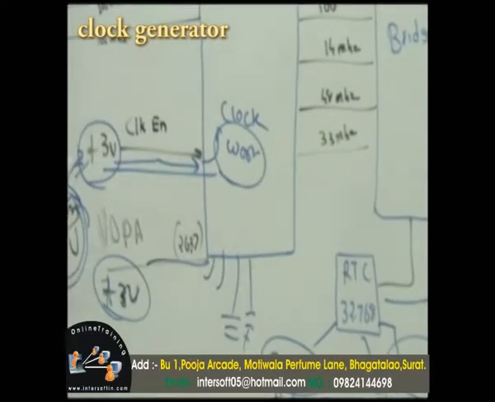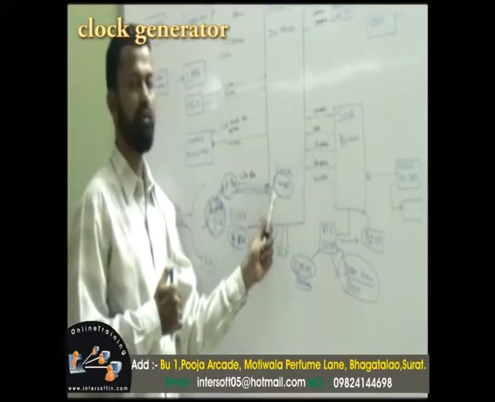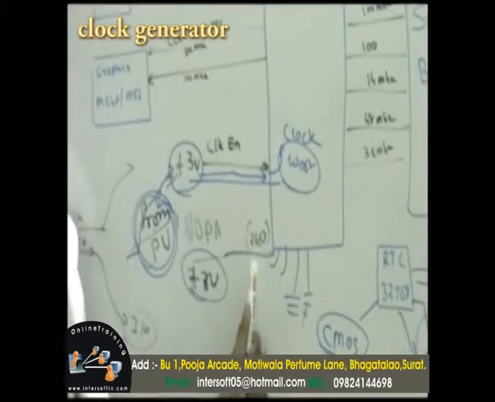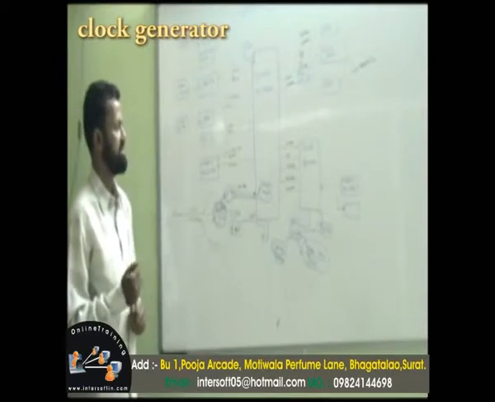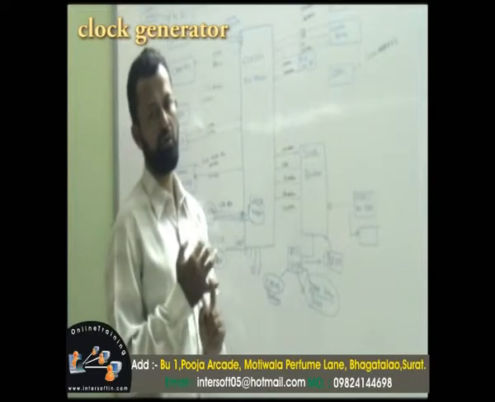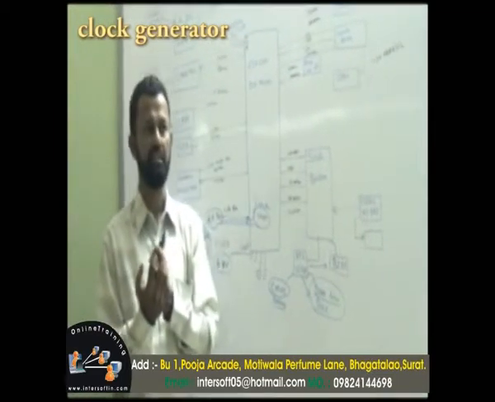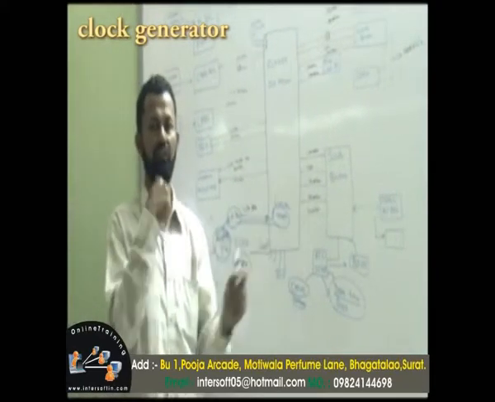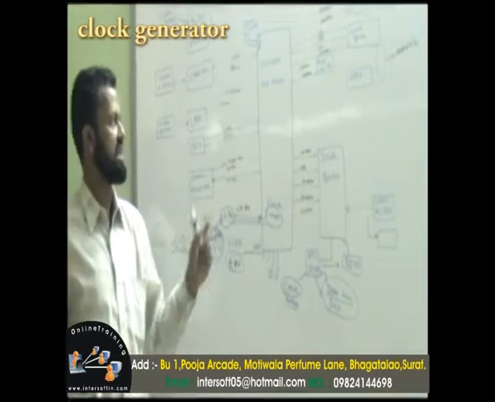To enable the clock generator, there will be one high signal. When this signal comes, only then will the clock generator start working, and this is a common power supply unit. So this is the clock generator section. To make the motherboard work, two things are required. One is a power supply to each IC as per its requirement, and another is the clock, and after the clock you require the BIOS, that is the software. Okay, so this is the clock section.